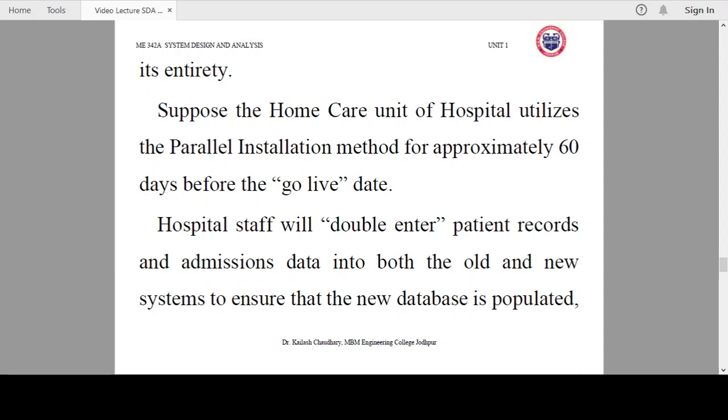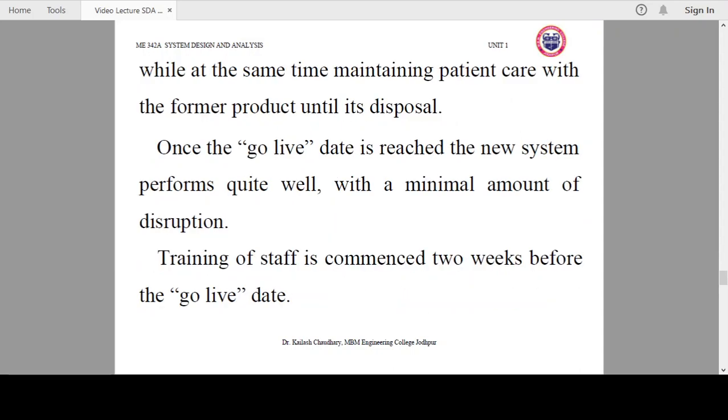Hospital staff will double enter the patient's records and admission data into both the old and the new system to ensure that the new database is populated, while at the same time maintaining patient care with the former product until its disposal. So we are continuously putting in all the data, doing regular exercises in the hospital with the old as well as the new software to test the capability of the new software.